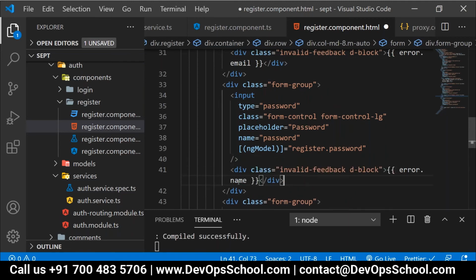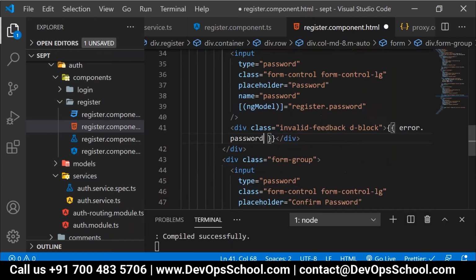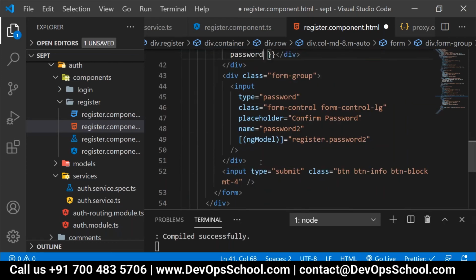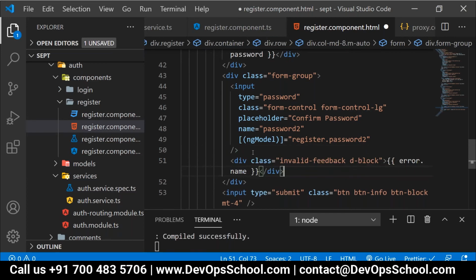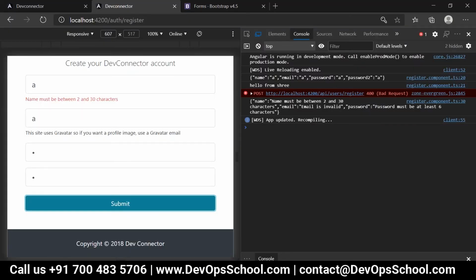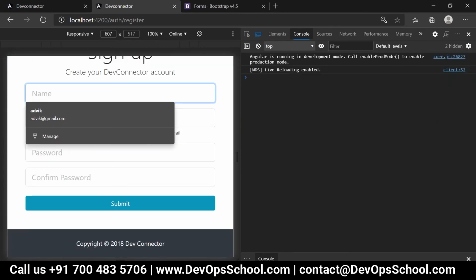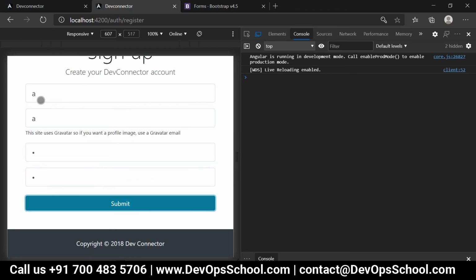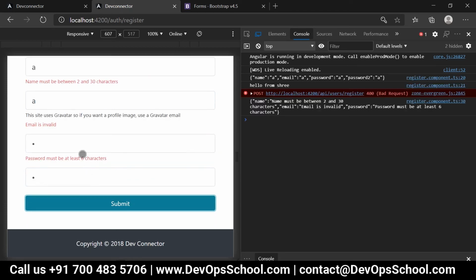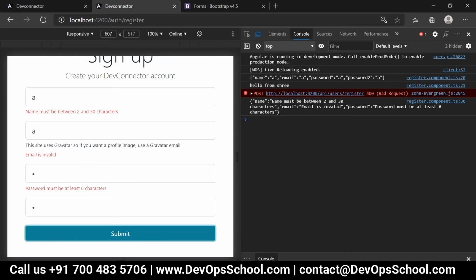Here can I provide password? And here can I provide password too? Just a second. Have a look. Well, are we getting all the messages in red color now?